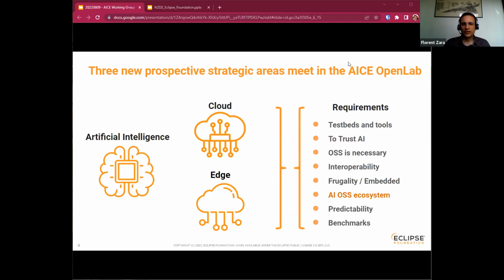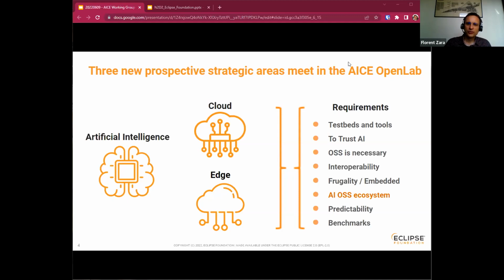So what you see on the screen is the kind of requirements we are aiming to address in this collaboration. We want the AI to be trustable. We want it to be explainable, and we think open source is necessary to do it. And when you do open source, it enables interoperability.